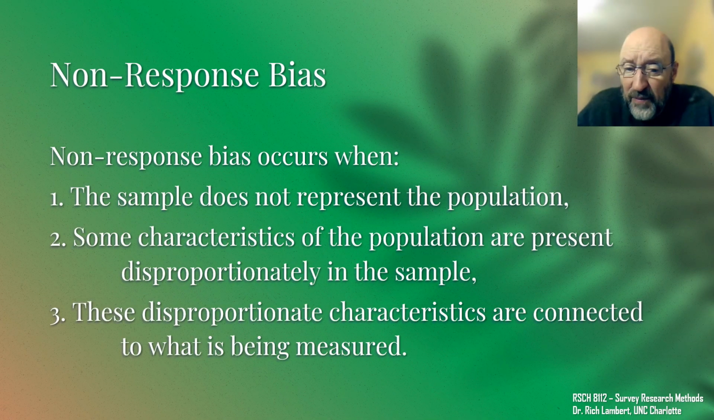So this can happen in a couple of ways. It can happen when, of course, the sample does not represent the population. It can happen when some characteristics of the population are present disproportionately in the sample. In other words, some groups are overrepresented, other groups are underrepresented. And it has to have one additional component to qualify as non-response bias. It also has to be true that this disproportionate representation has to be connected to what you're actually measuring,